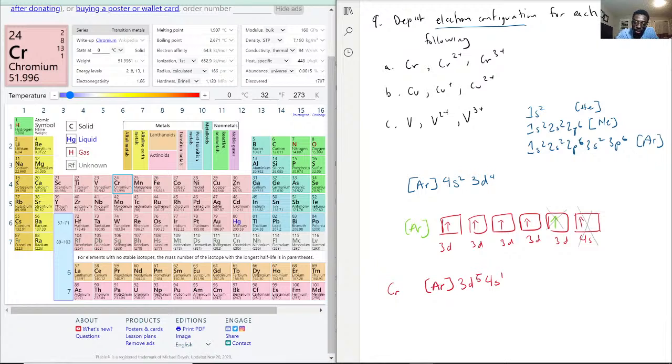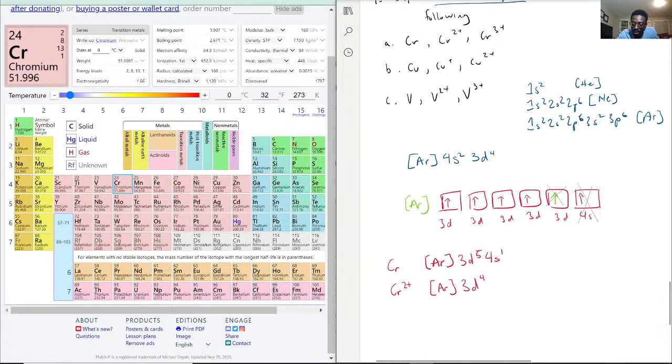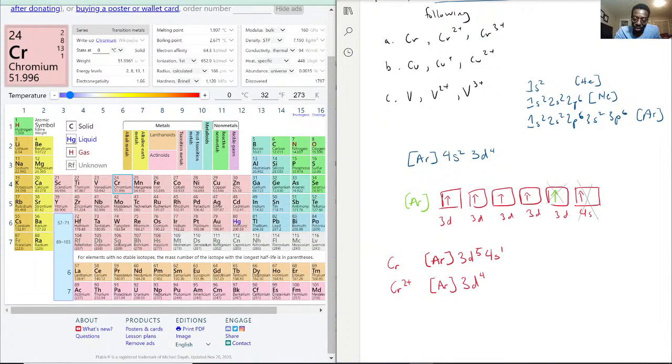So chromium 2 plus would be Ar 3d4. And if it was chromium 3 plus, same concept, but this side has now lost this one as well. So it would be Ar